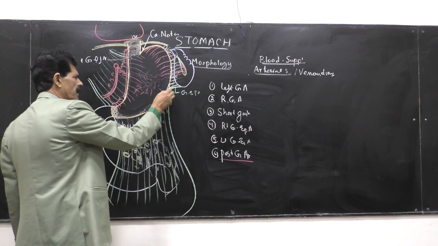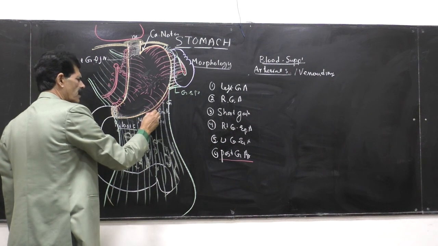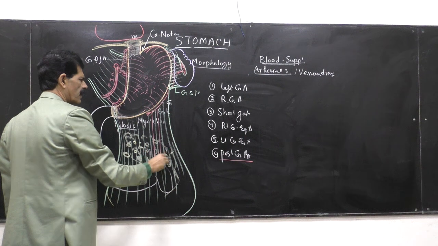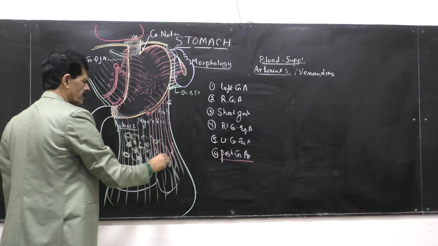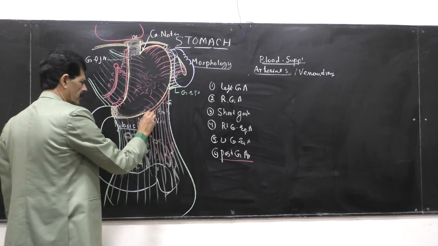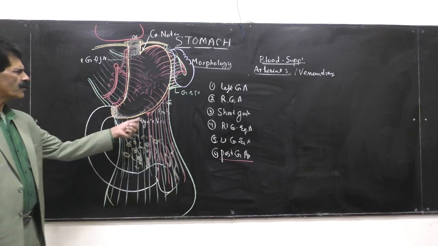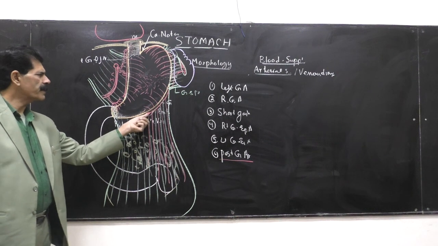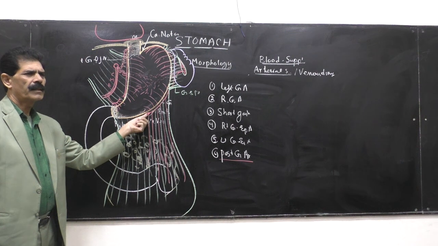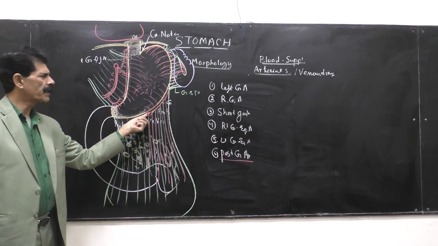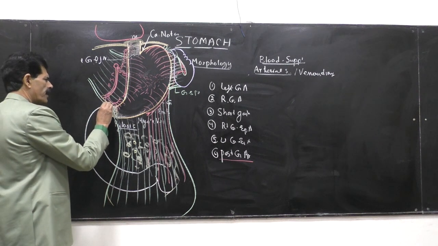Gastro means it supplies the stomach near the greater curvature, and epiploic comes from the fact that its arteries run down and supply the greater omentum also. That's why they are called gastroepiploic arteries or branches. So this left gastroepiploic artery is the branch of the splenic artery, and it runs midway here in the greater curvature. Then a branch of the common hepatic artery, which is